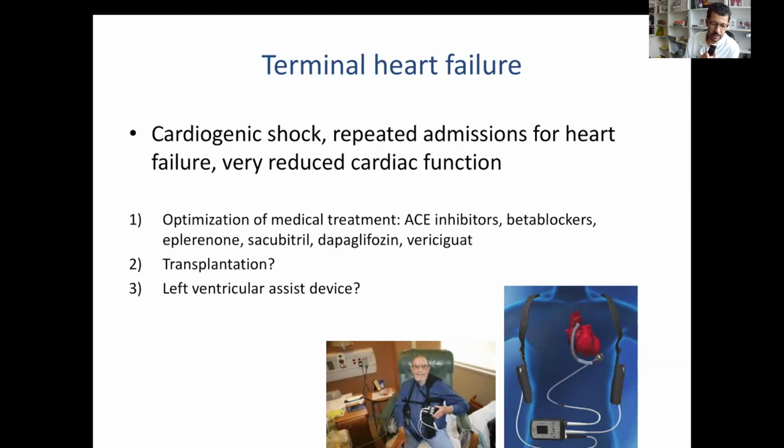Some things are sometimes quite difficult to manage. Particularly, you have to check how the batteries work. You have to check that there's no infection in the place where the wire which is connected to the batteries goes out of the skin. But patients who do not have complications following the implantation, which represented the majority of cases in our centers, could live a quite normal life. And I think it's something which can be extremely interesting,